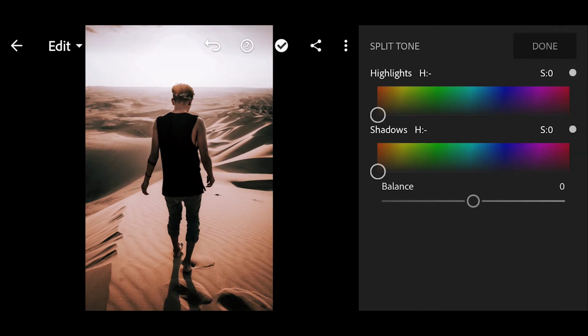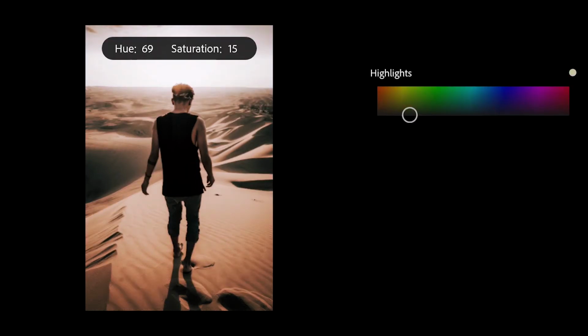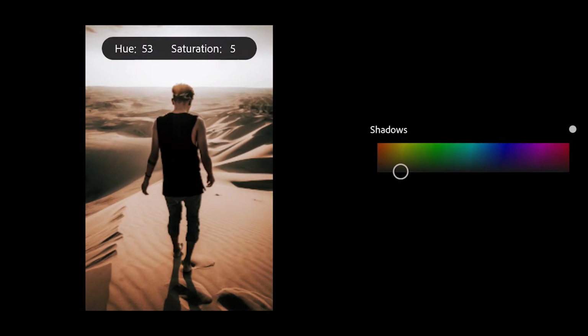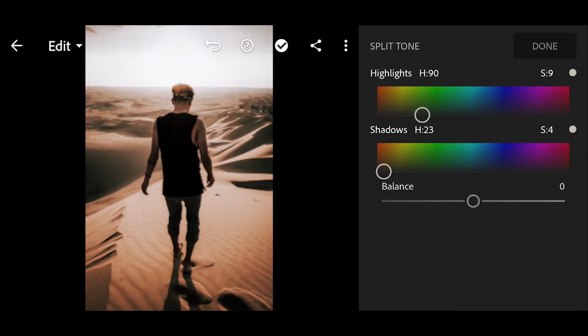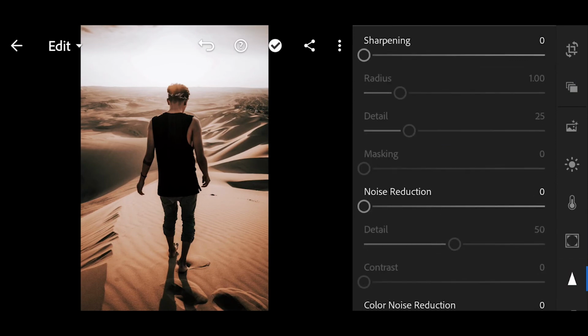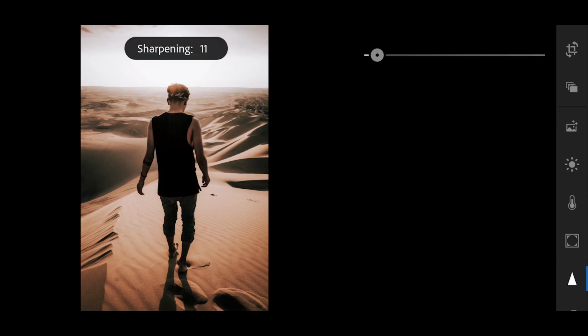Go to Split Tone and bring the hue to 91 and saturation 10 for highlights. And bring the hue to 23 and saturation 5 for shadows. And done. Now go to Details, sharpening 10,